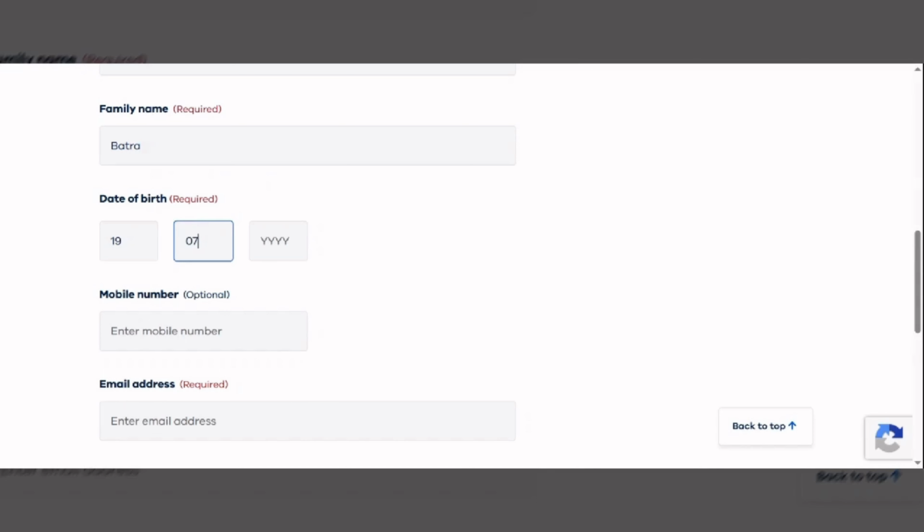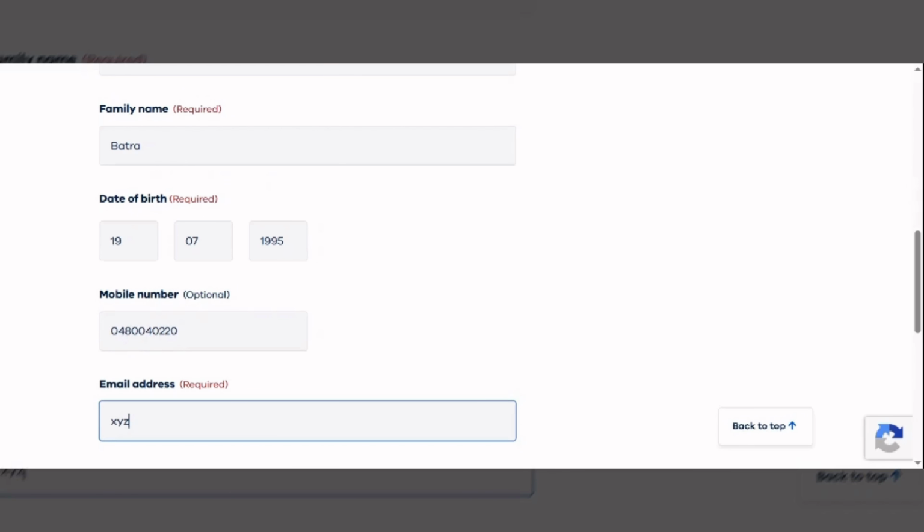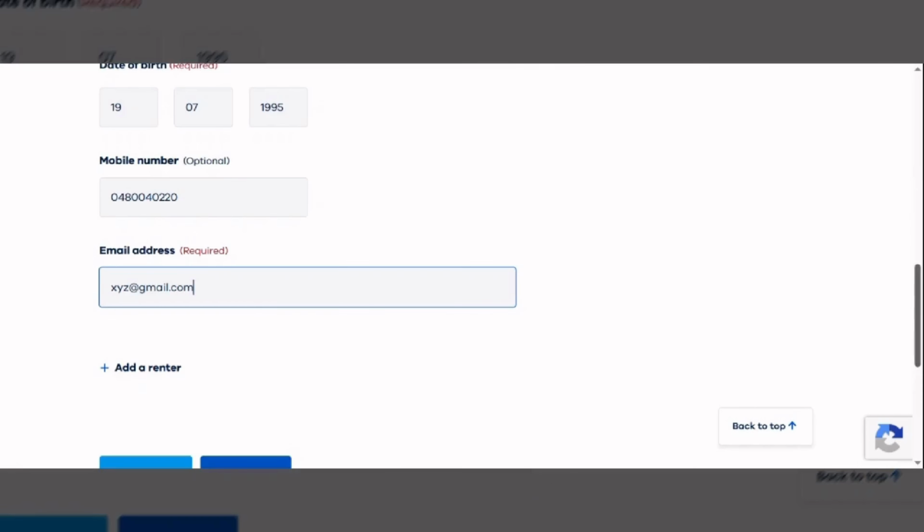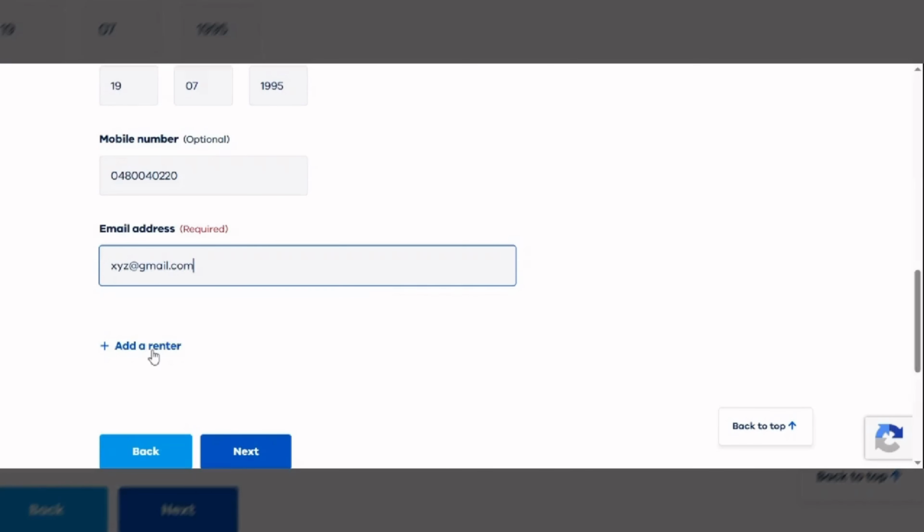Mobile number could be any too, and I have put in a random email address. If there is more than one tenant, then you can add the tenant from here. If only one, then you can proceed by clicking next.